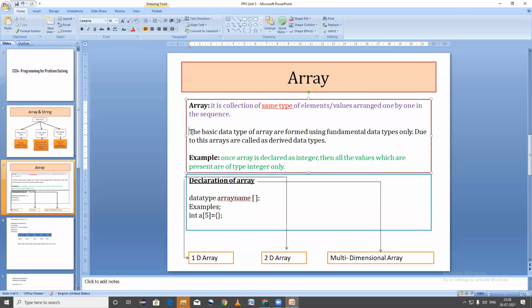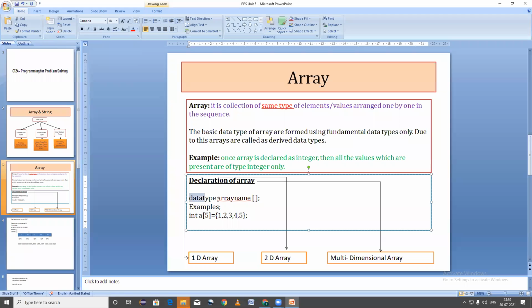Once the array is declared as integer, all the values present are of type integer only. If I have given the values 1, 2, 3, 4, 5, all those values are of type integer only because I have declared this array as of type integer.